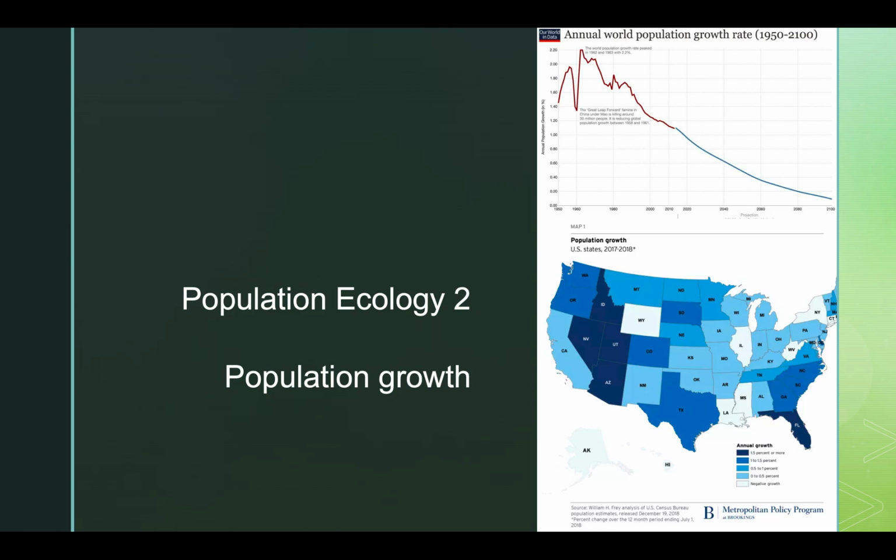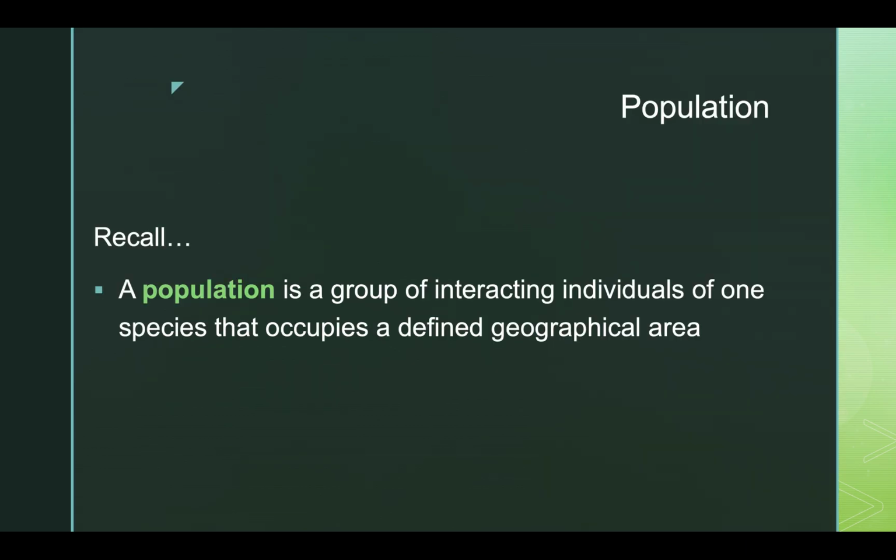This is Erin, and I'm going to take you through the second part of our population ecology lecture, which is focusing on population growth. As we talked about last week, and actually the week before, a population is a group of individuals that are interacting and of one species that occupy a defined geographical area. So often when we're talking about whatever our study subject is, we're talking about a population of a species within